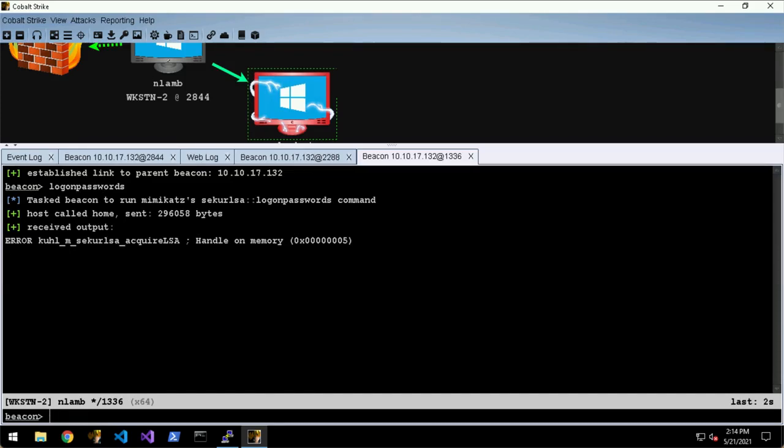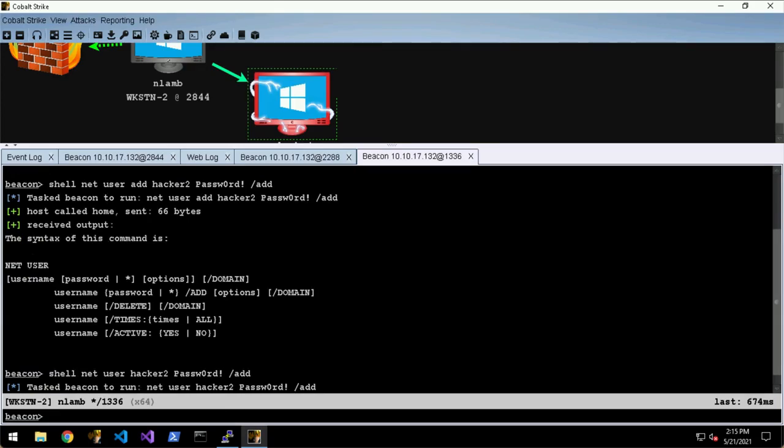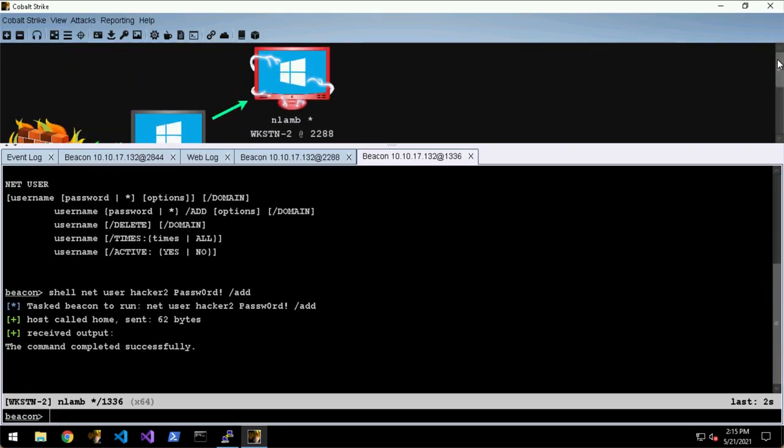And if we try and add a user, that's not how you do it at all. This one actually appeared to work. So, like, what gives? Well, if we switch back to this beacon,